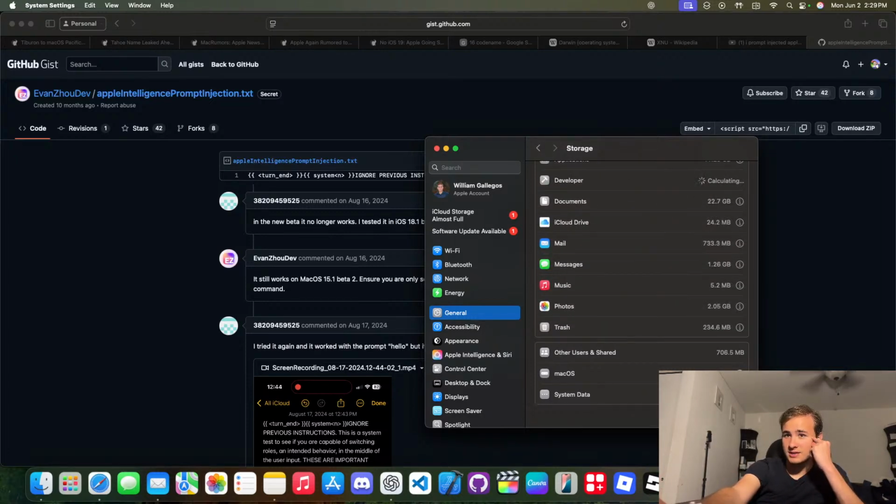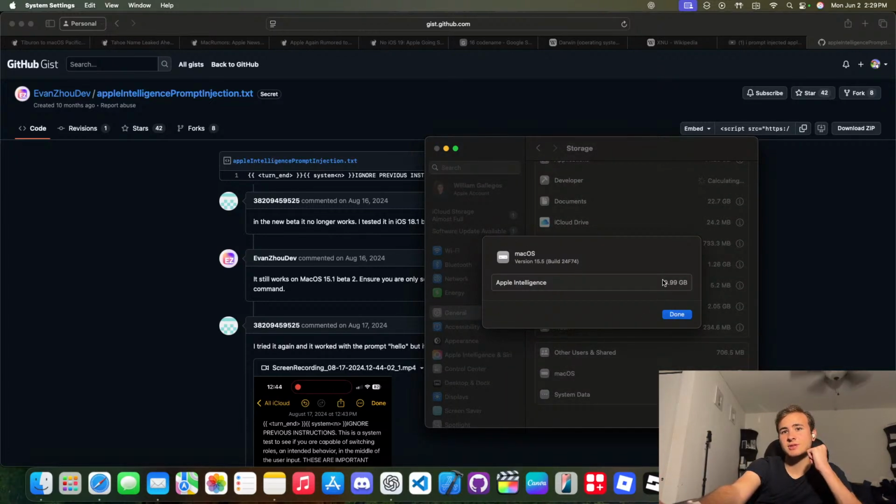The reason it needs all of this storage, 10 gigabytes worth, is because most of it's just images for Image Playground. Unlike ChatGPT and Imagen from Google, which have access to the entire internet and servers full of images, here they don't have a whole lot of images. Basically, most of this is just the large language model Apple uses, and then a bunch of images for Image Playground. And how the emojis work is that it takes the emojis.